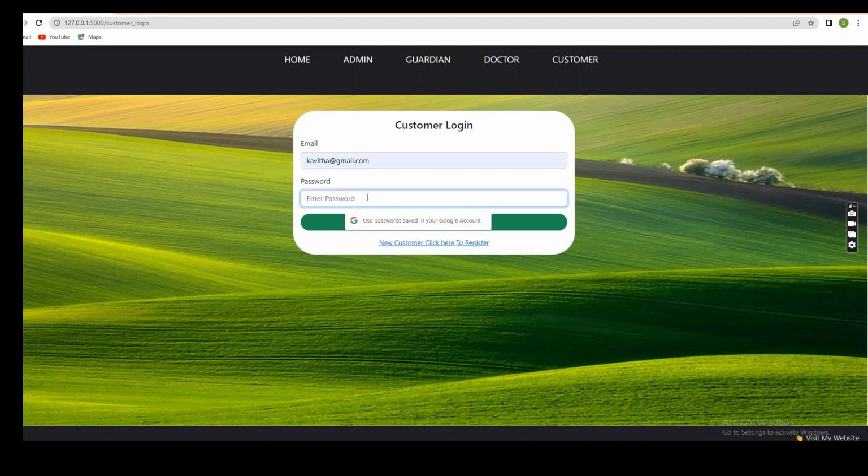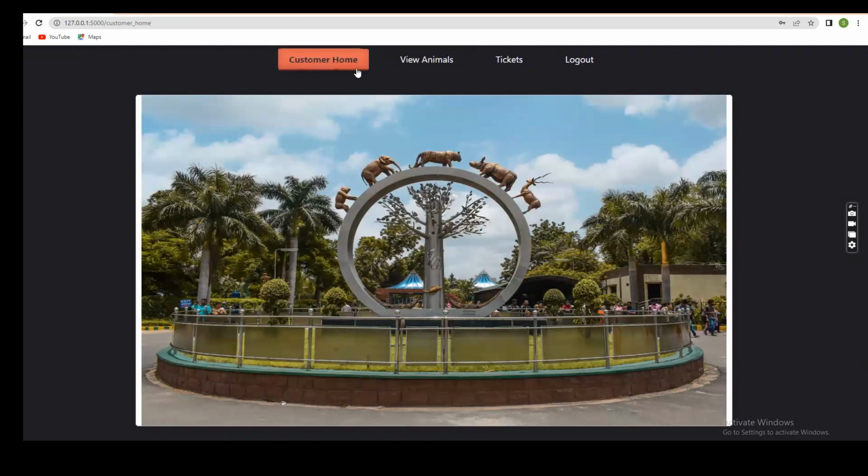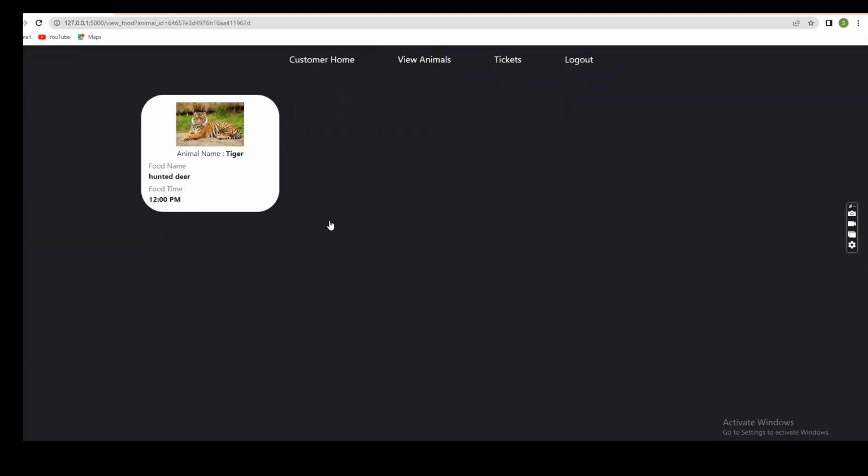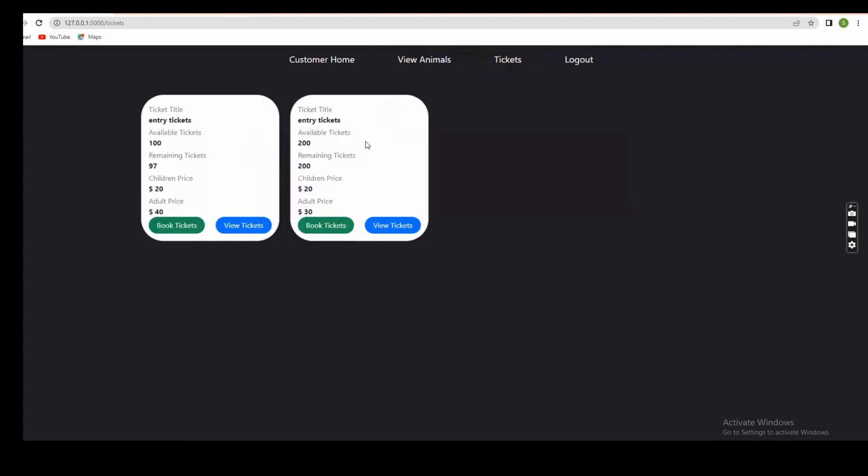I'm entering the email here and password. Login. This is the customer homepage. After entering the website, the customer can view the animals which are added by the guardian, and they can also view the food of the animals. So like this, they will view the animals, and by clicking the tickets button, they'll book the tickets. By clicking the book tickets button,